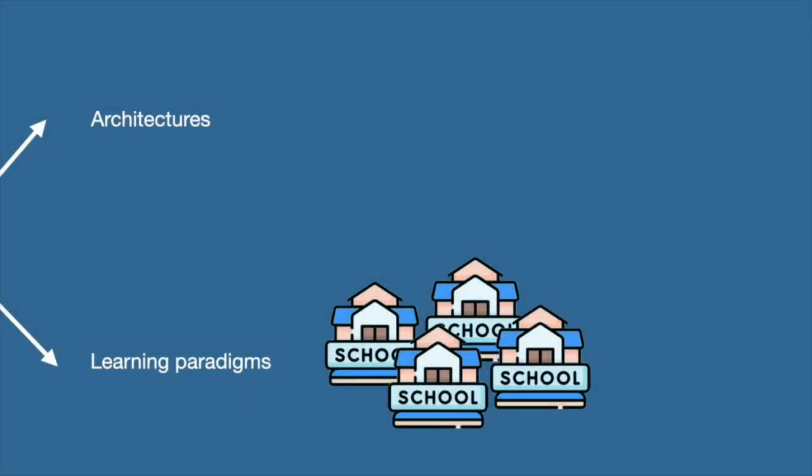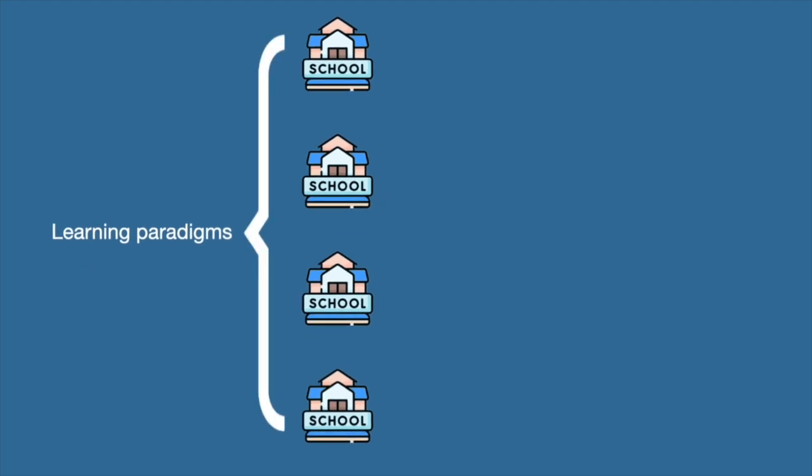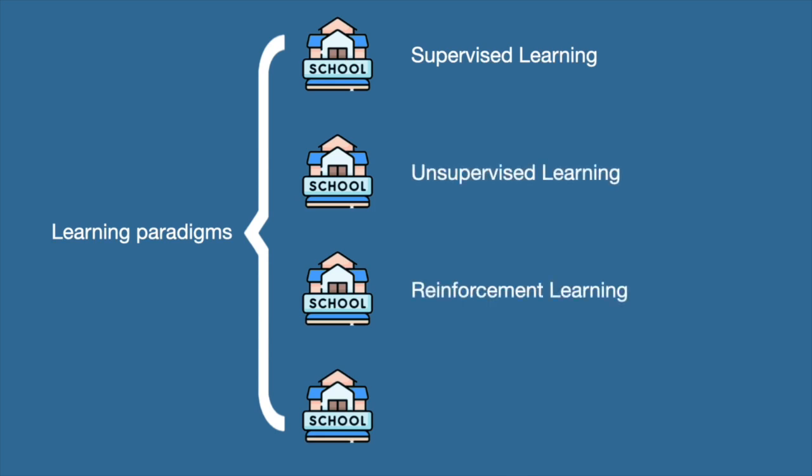Time to go to school. Now that we understand the architectures, we can see how those architectures go to school. The four most important learning paradigms for educating an AI model are supervised learning, unsupervised learning, reinforcement learning, and self-supervised learning. These four have become very famous buzzwords repeated all the time when LLMs are discussed, but to be honest with you, apart from AI engineers, almost no one really knows what they mean. So if you're watching this video, congratulations, because you are gonna have a more profound understanding of AI than 99%